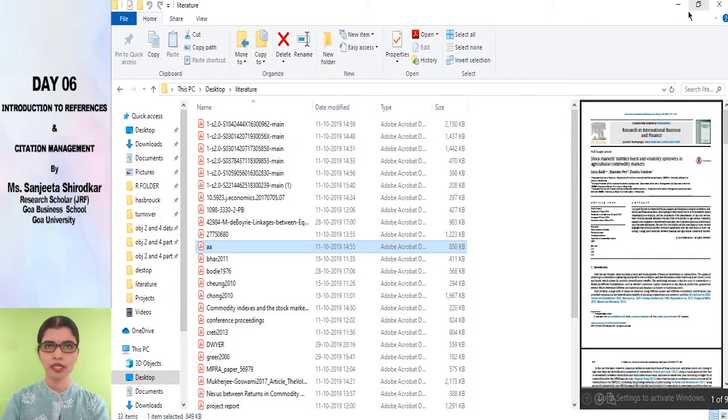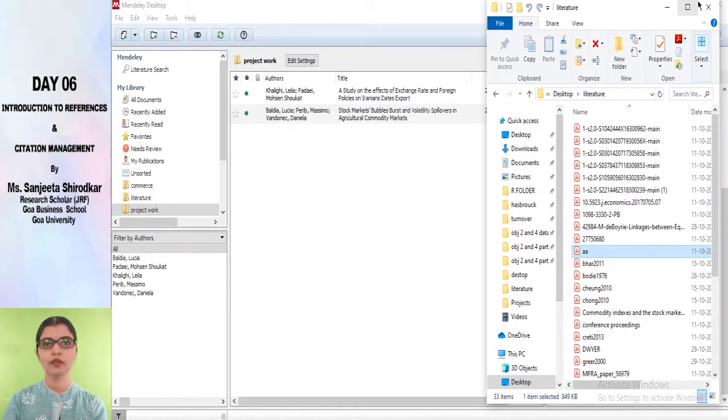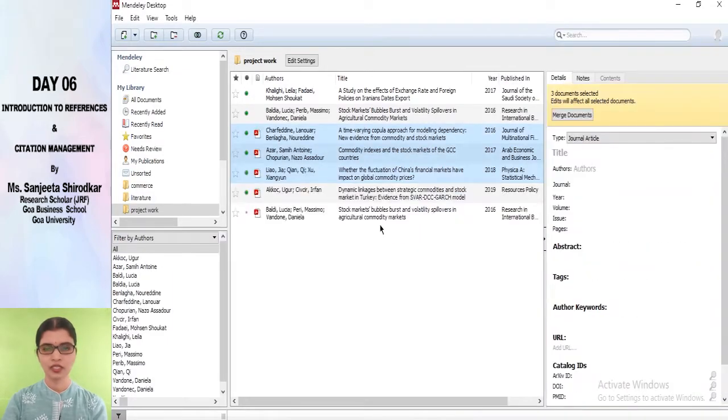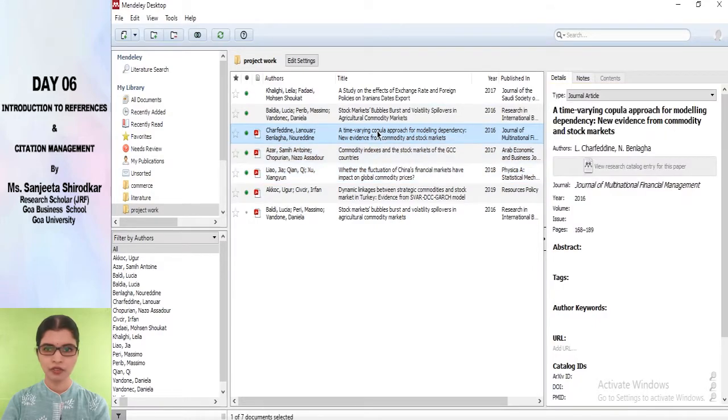Now if I want to create the references based on that, what I could do is I could simply hold control and select as many as you want, and just pull it, hold it, bring it to Mendeley and drop it. See, this is a drag and drop method of bringing the references to your Mendeley library, which is a very simple way. So here again the details, see, if you click on this, you need to work on the title, how it is written.